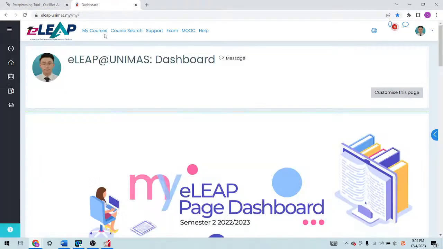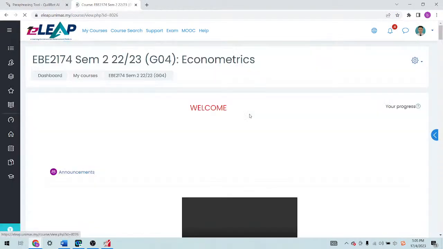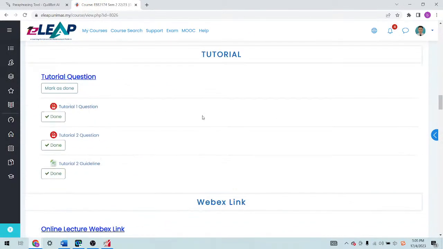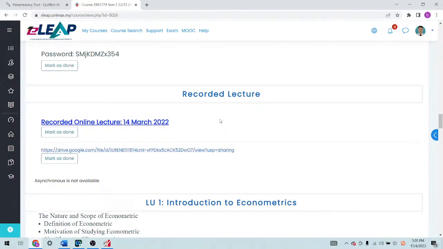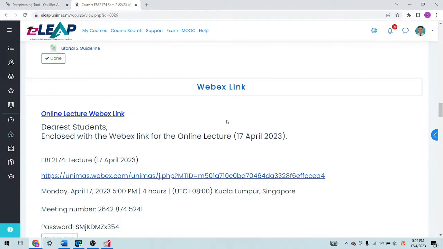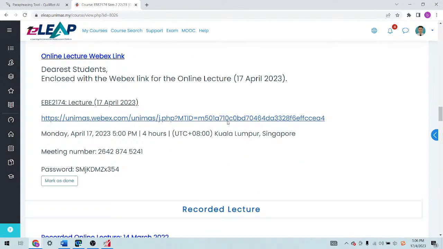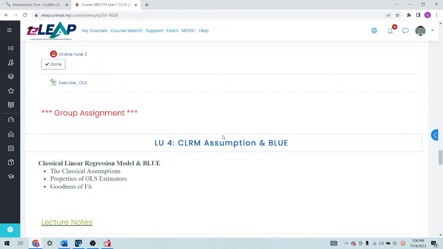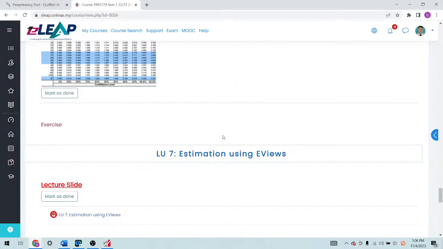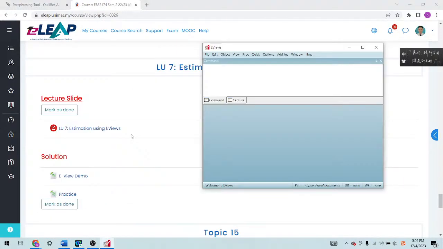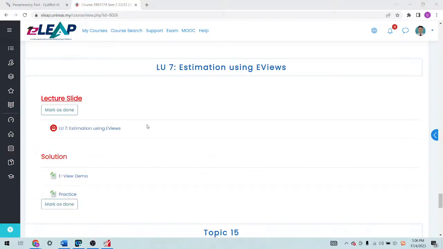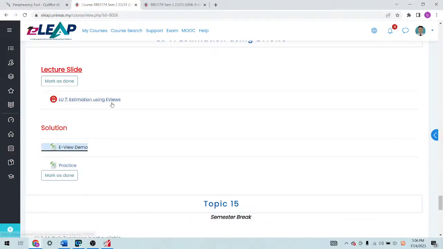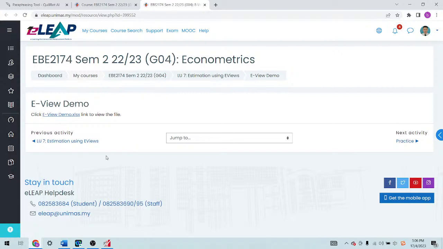so let me share the screen. So if you look at your ellipse under Learning Unit 7 here, later on you can look at the slides, but now let us concentrate on the demo. So you have two Excel files.